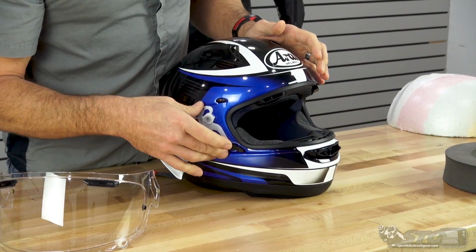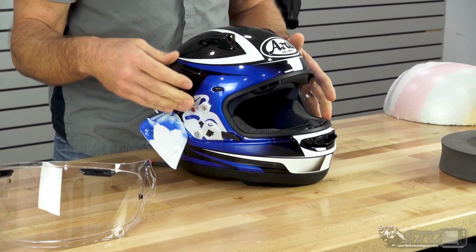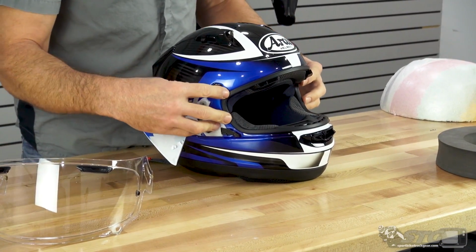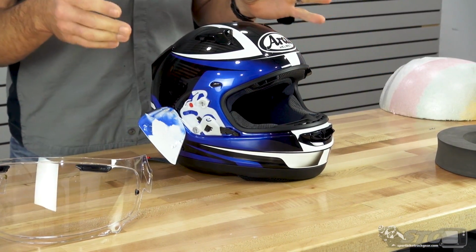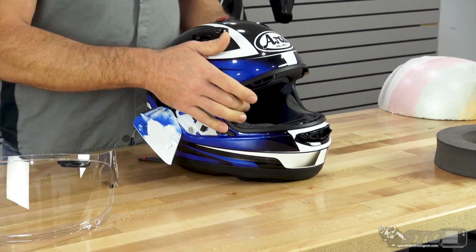You know, what they wanted to do is they wanted to keep this as flush as possible, not have these really deep pockets where you have the shield pivot built into the side of the helmet, because they felt that that has a compromising effect on the structural integrity of the shell. To reinstall this,